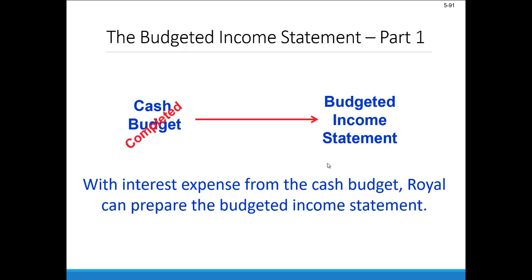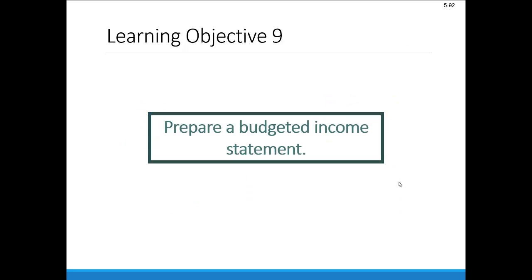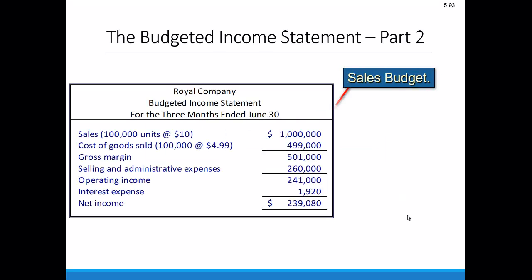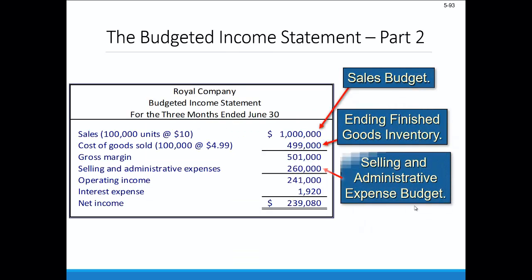Now that we've finished our cash budget, we could really look at the first big output of the master budget process, that budgeted income statement. And that's learning objective 9, is to put one of those together. So the budgeted income statement should look like a historical income statement, a backward-looking one, but it's just looking forward. So we'll use, for this purpose, our traditional format income statement.